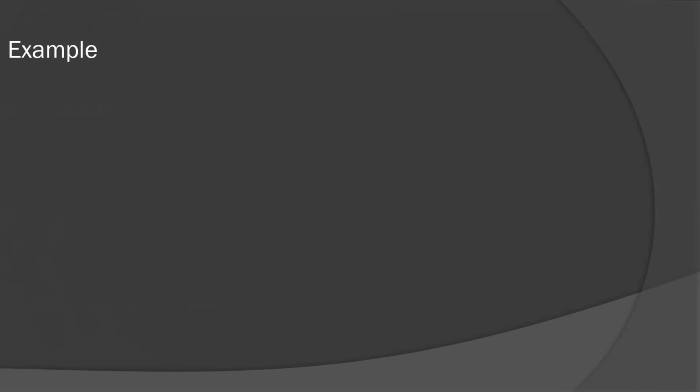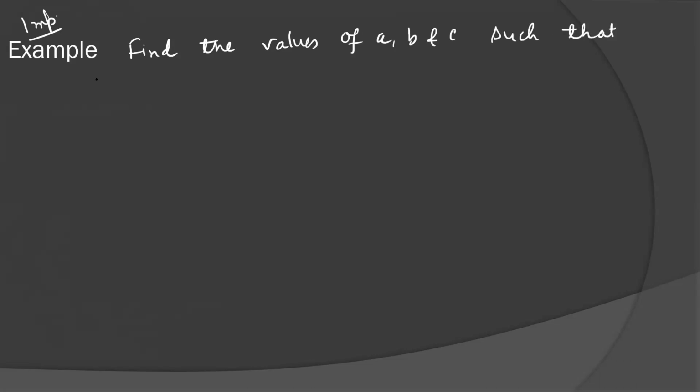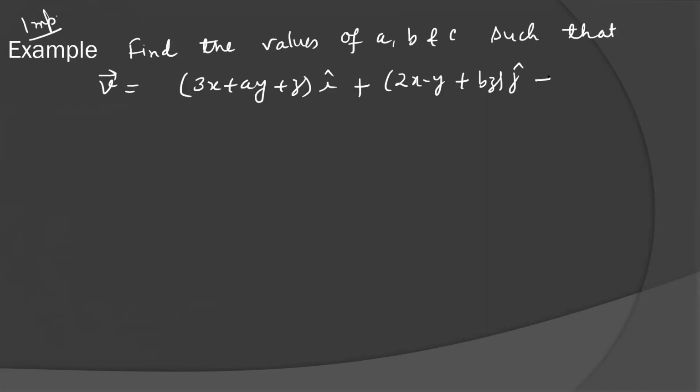Let's see one example. This is a famous example asked many times in different competitive exams. Find the values of a, b, and c such that vector field V is equal to (3x plus ay plus z) i plus (2x minus y plus bz) j plus (x plus cy plus z) k is